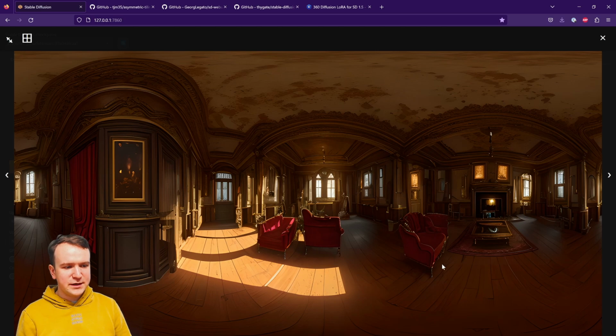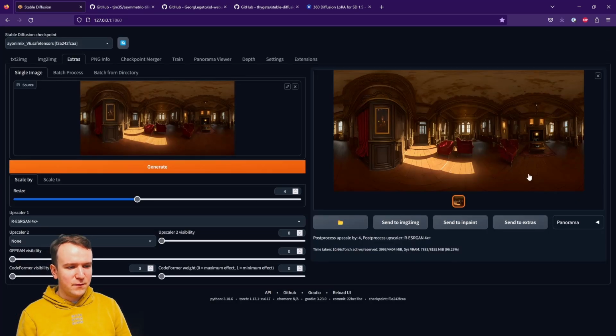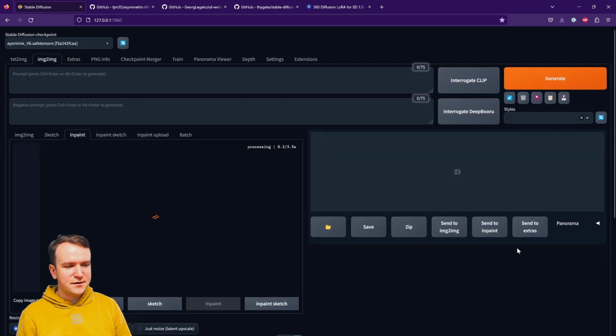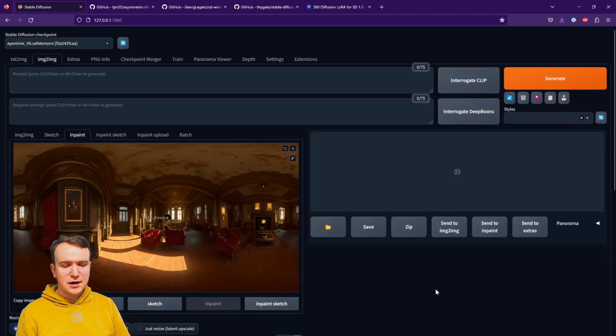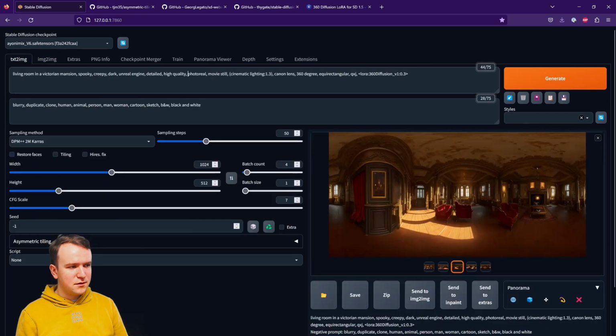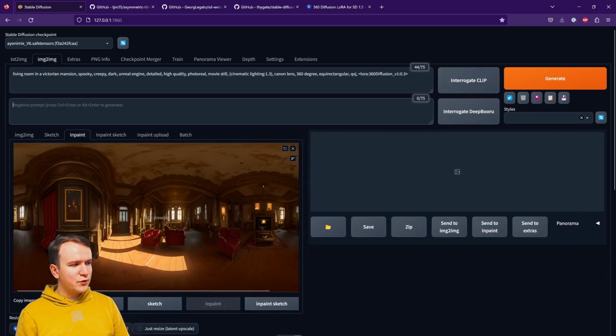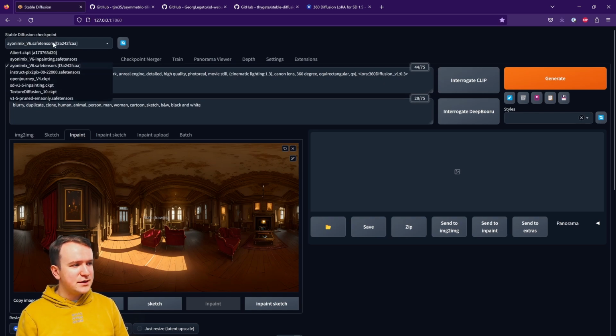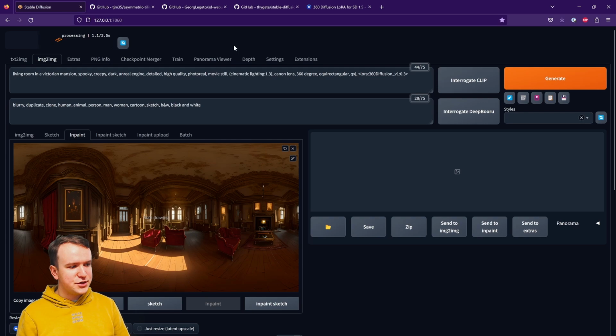Now, there are some funny little artifacts here, which I'm going to fix with inpainting now. So to do that, I'm going to send it to inpaint and make sure I copy all my prompts over here as well, so we get the same general style. Now, one reason I like this Aoni Mix model as well is that, much like the standard 1.5 Stable Diffusion model, there is an inpainting version, which is better for this sort of purpose. So I'm going to do that. And now we can inpaint.